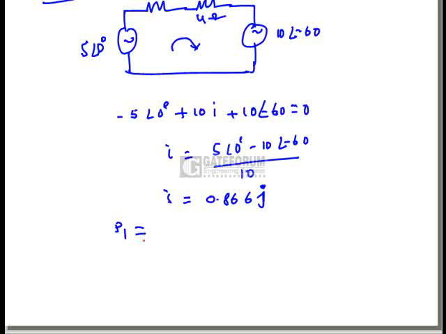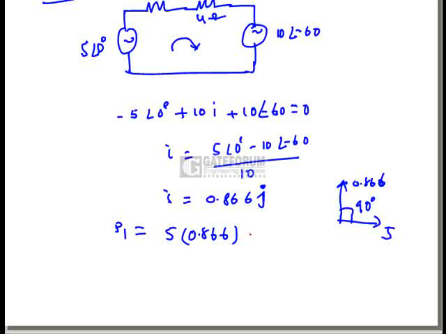Now power delivered by source 1 is P1, that is V1 I1 cos phi, where phi equal what? Where the voltage here is 5 at an angle 0, I am writing in the phasor form, and the current is leading, this is 0.866. Right, now the angle between the voltage and current is 90 degrees here. So that's why P1 equal what? V I cos phi, where V is